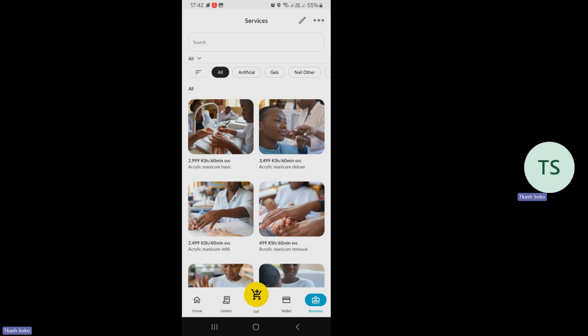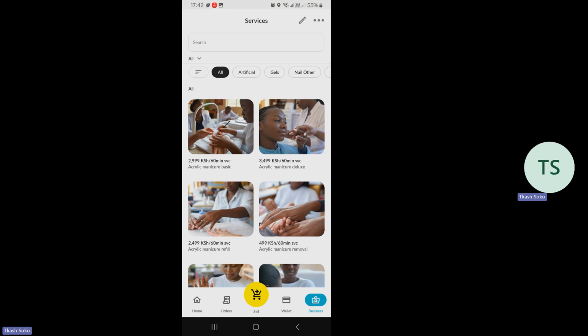To fix the shop is to, one, delete items that you don't offer. So inaweza kuwa imeleta vitu zenye you don't offer, so you delete them ndio customer asikuje and then umwambie you don't offer that. So you'd rather delete it so that it is not appearing under the services that your business offers. Then if there is anything missing, you add it. Then if the prices are also not correct, you correct them and change them to the correct prices, so that when your customers come to your shop, wanakuja and they get the kind of services that they wanted are the kind of services that you are actually offering.